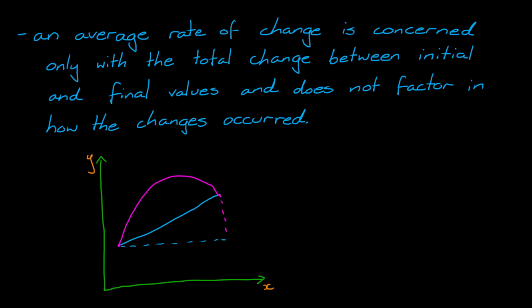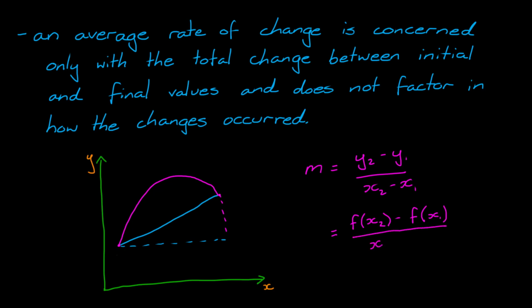And this shows how the idea of gradient is connected to average rate of change. So we know if we have 2 points, the gradient between them is given by y2 minus y1 divided by x2 minus x1. So the average rate of change between an initial point and a final point is just given by the gradient of the straight line between them. And we know that each of our y values is evaluated as the function at x, so this will be the function at x2 minus the function at x1